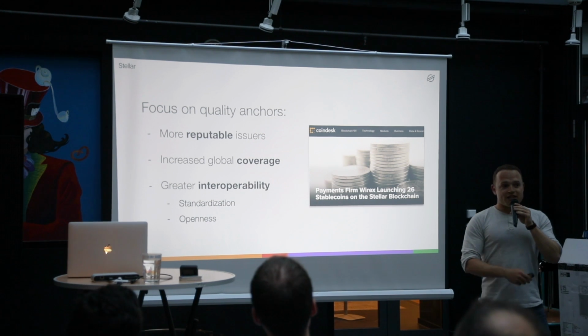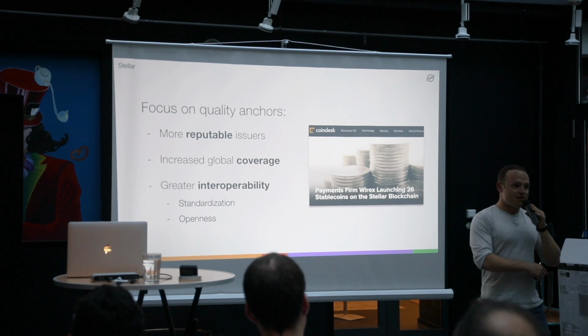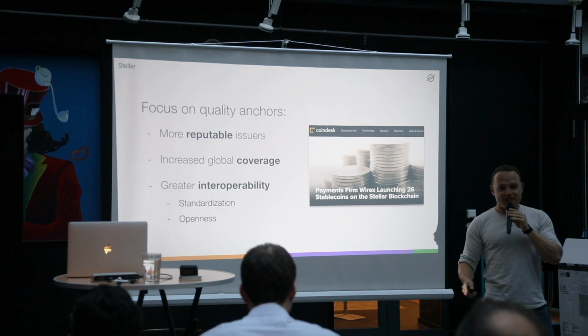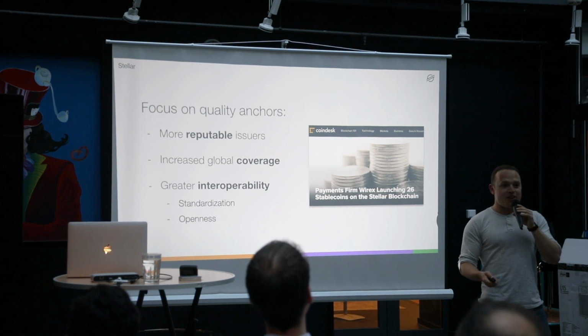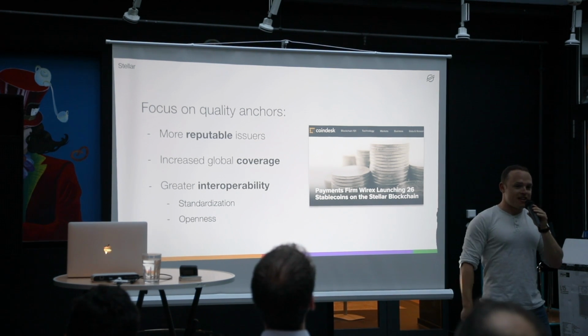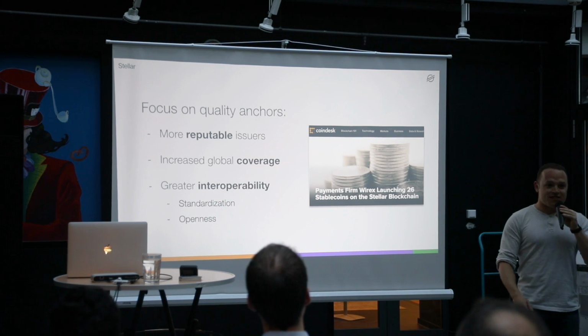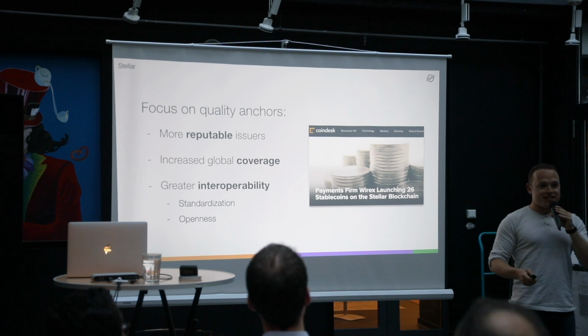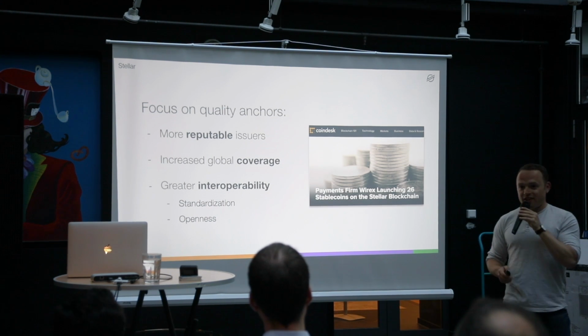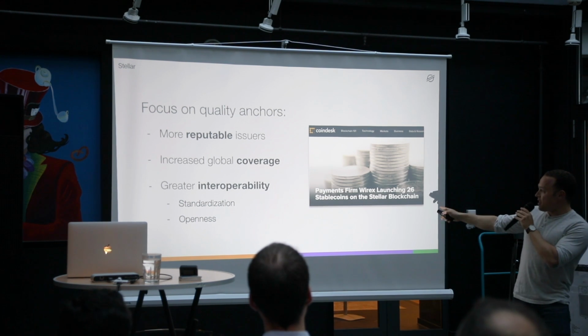So some of these anchors do things differently. We want them all to do it the same. So that if you're building an app and you want to serve customers in Kenya and you want to serve customers in Laos, you can do it very easily and in the same exact way around the world. And so this is an example.